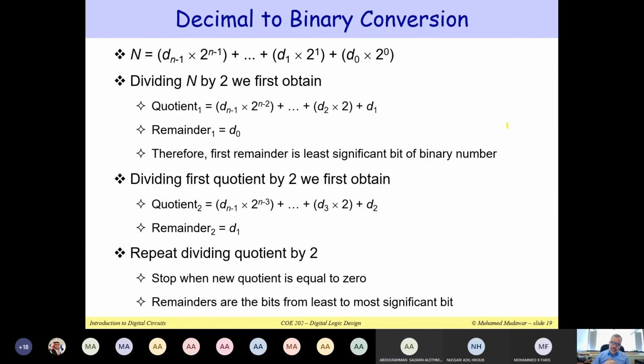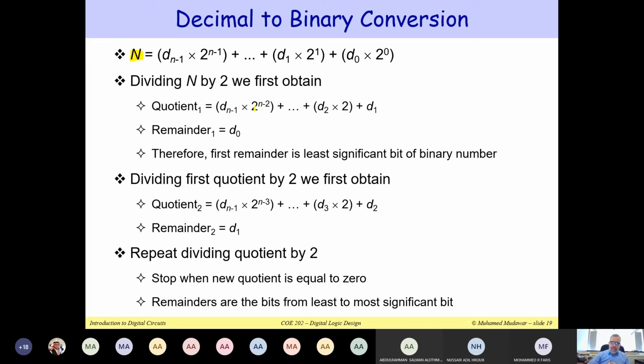Okay, so now let us move on. Okay, so if I would like to convert from decimal to binary, what I have to do is that I have to divide. So my number n here, okay, is in decimal. I can actually write it. I can expand it like this. So I can say digit 0, or bit 0, must be multiplied by 2 to the power 0. D1 is multiplied by 2 to the power 1. D2 is multiplied by 2 squared, and so on.